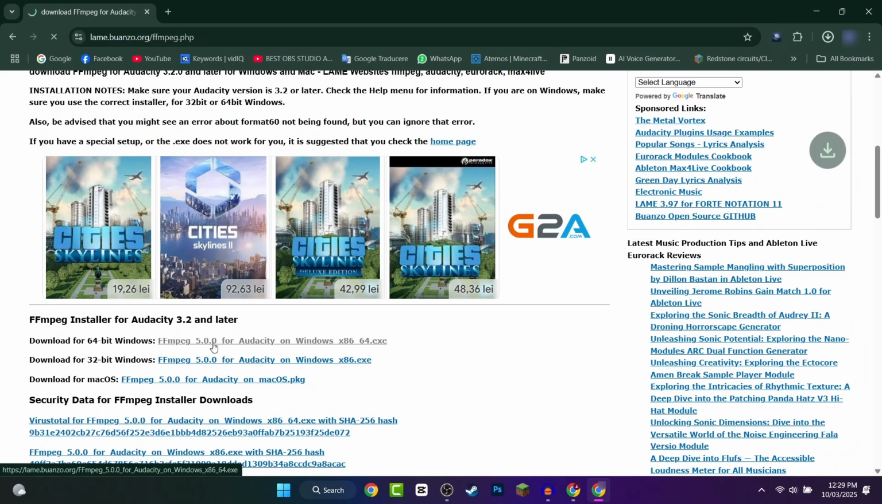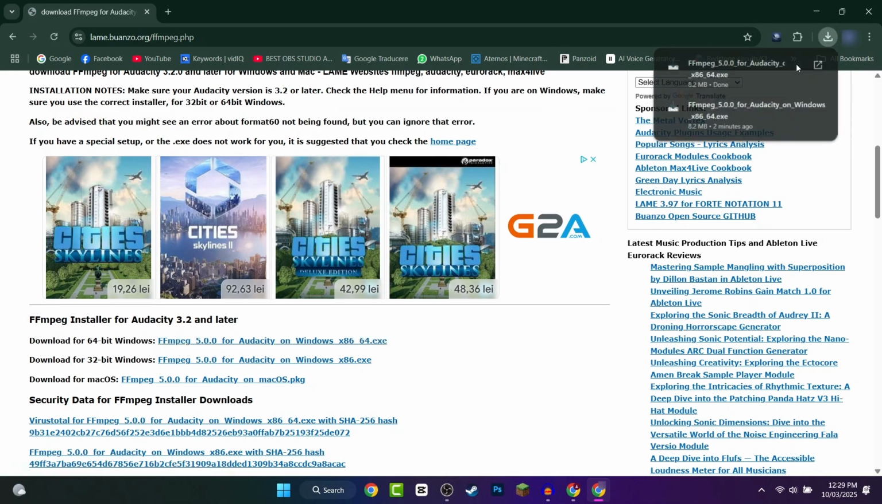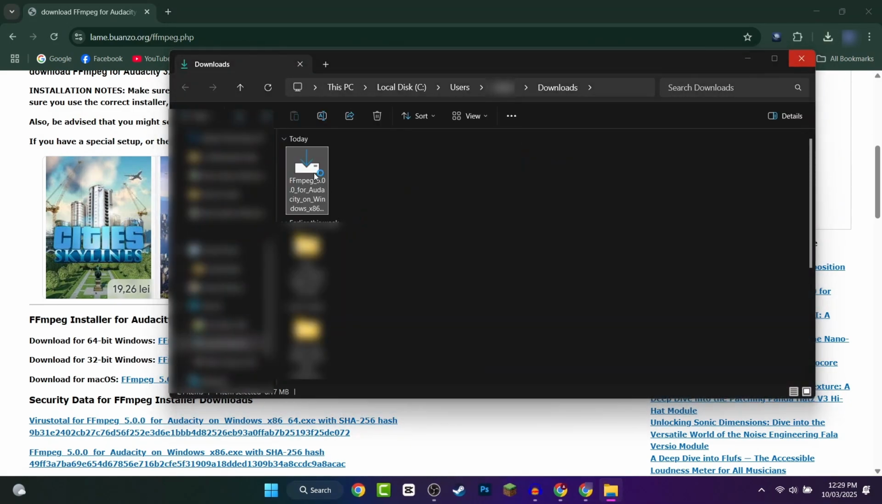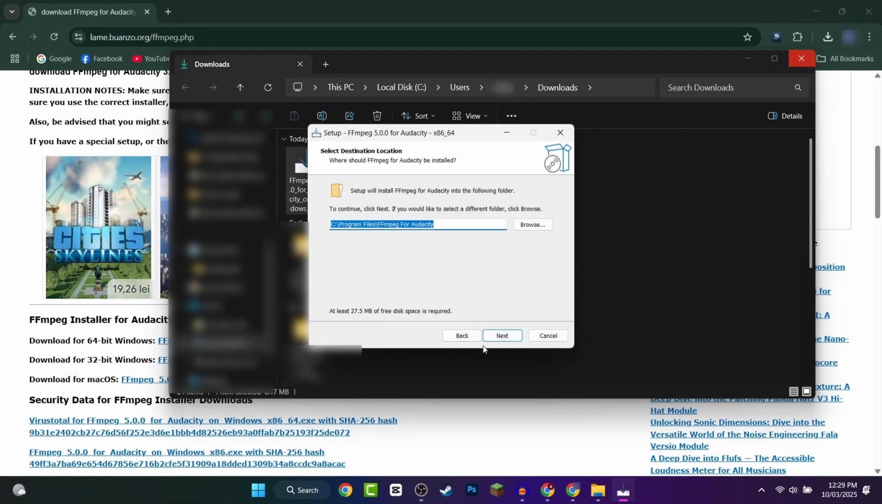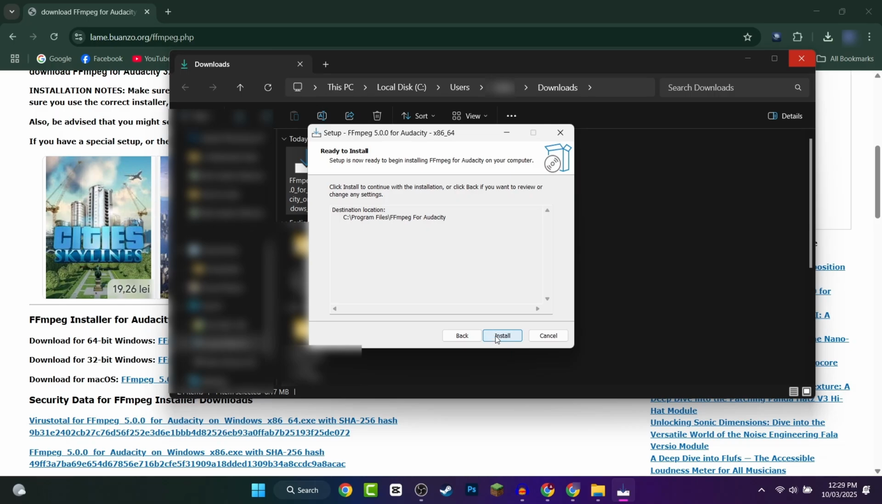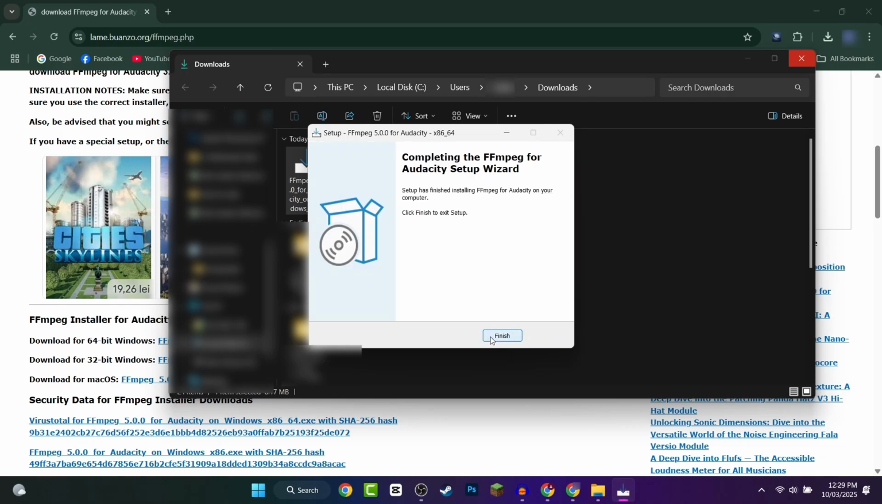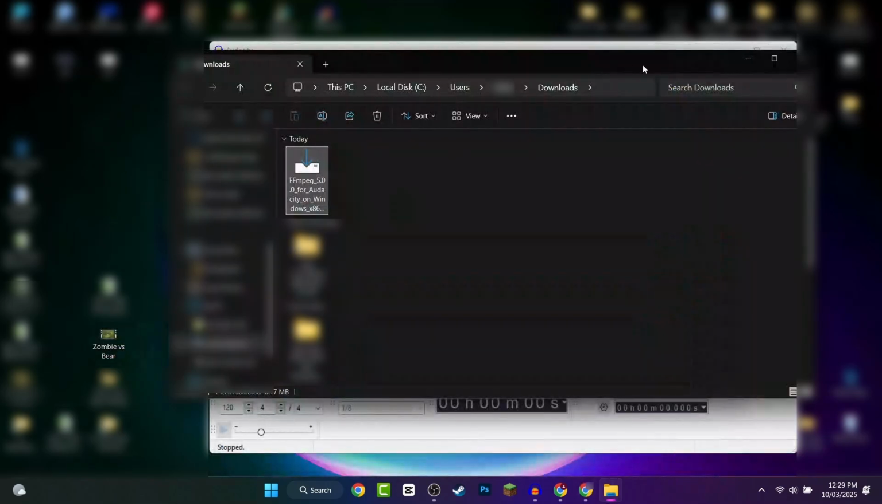If you have a 32-bit Windows, you can install the other one. For me, I will just get this one, and let's just open the file which just downloaded. For me, it's okay to install that in C, and just like that, in just a few seconds, the FFmpeg library has been installed, and now I'm able to drag the file I tried to drag earlier into the Audacity, and